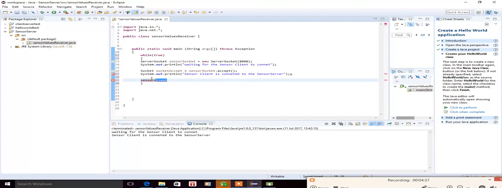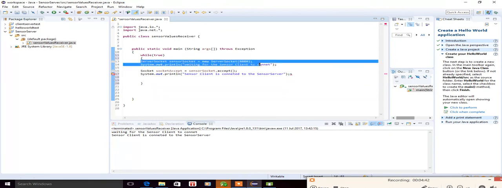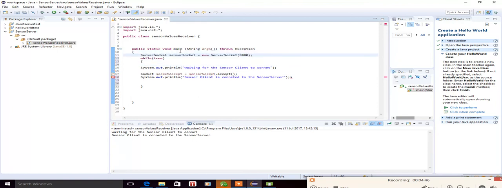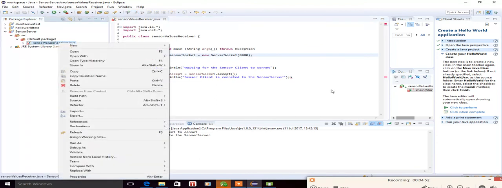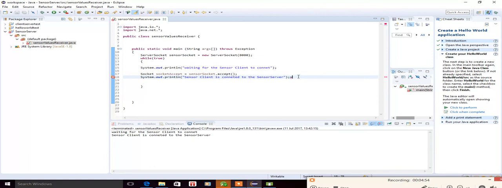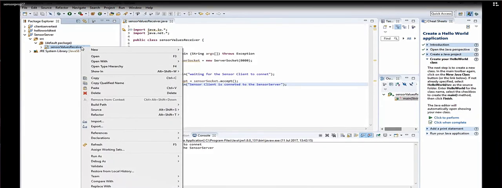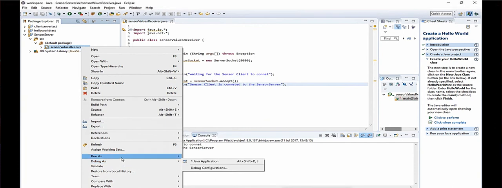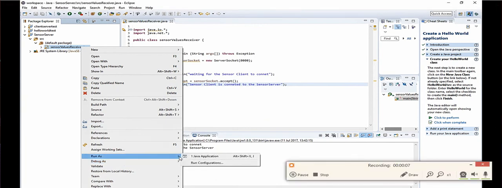I think that is not needed. We just need to, that's it, and we can put this out of the while loop, and that's it. Now if we run our server, just remove this, Control S. So now if we run our server,